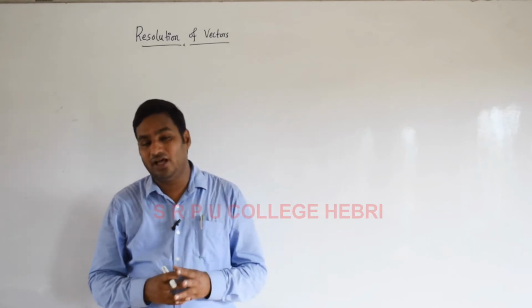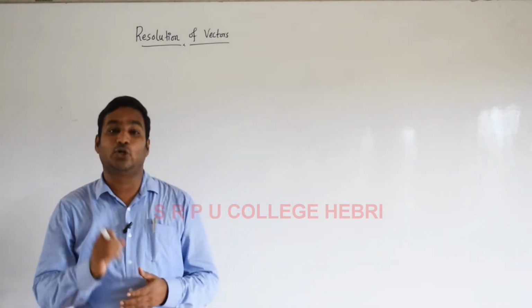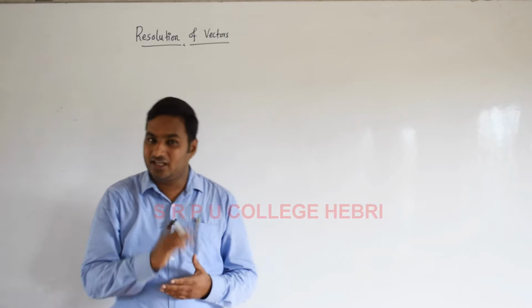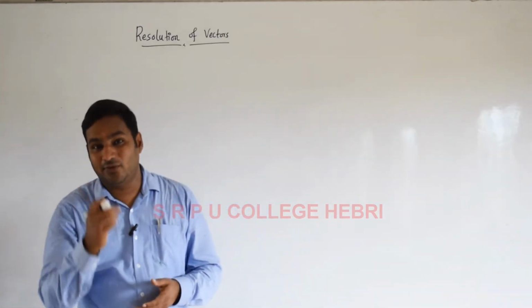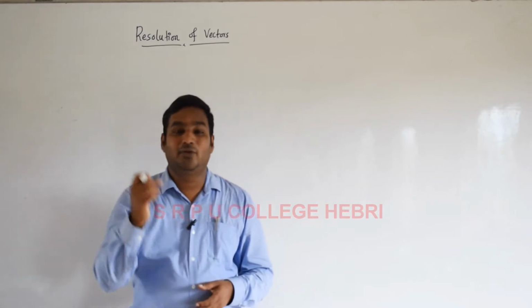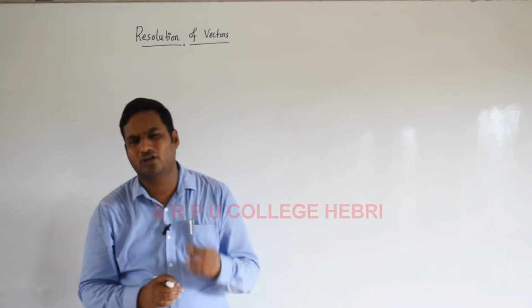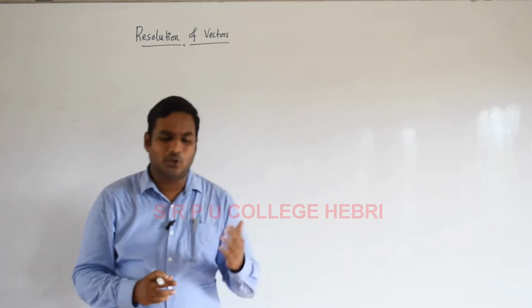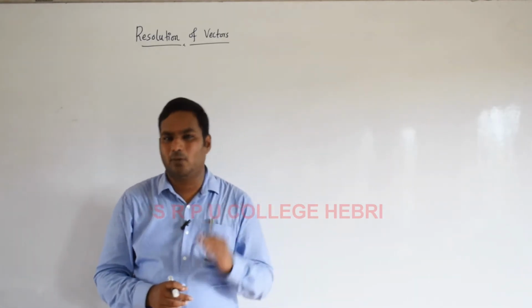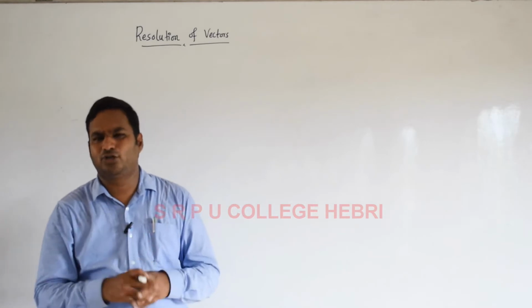Along with that, I provided one more formula called the law of sines. In the case of the law of sines, we got R divided by sin theta is equal to A divided by sin alpha is equal to B divided by sin beta. That equation is called the law of sines. We have learned these two. Along with that, in the last video, I provided a bit of introduction to the resolution of